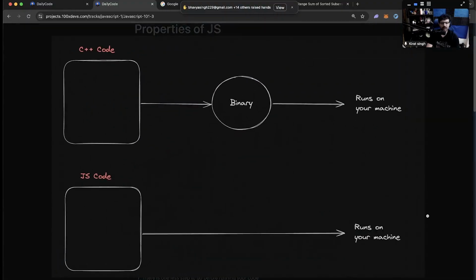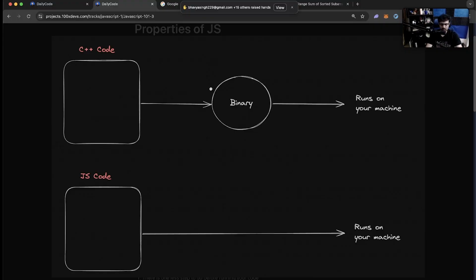How many of you have tried giving LeetCode or Codeforces contests and you're writing C++ code locally? If you have tried that, then whenever you write C++ code, you first compile it down to a binary, right? Let me do a quick detour.